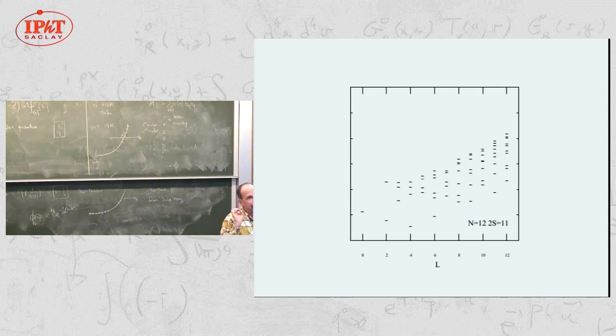And in fact, if you send the radius of the cylinder to 0, so the opposite of the thermodynamic limit, then you discover that if you look at the Hamiltonian, it simplifies into an electrostatic repulsion problem, and the ground state at filling factor 1/3 evolves to a simple Slater determinant, which is the thin-torus state.